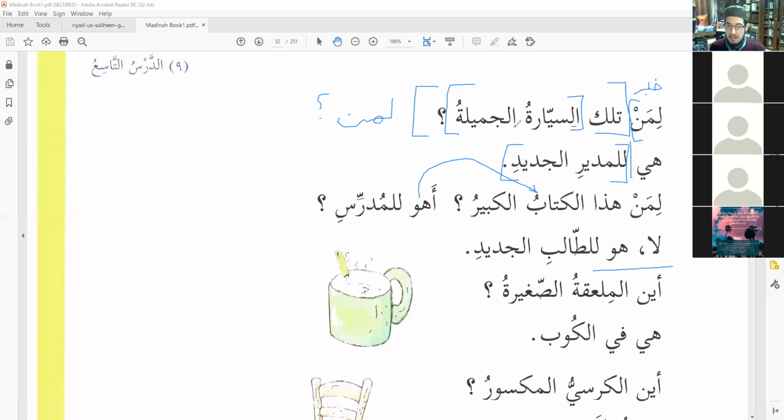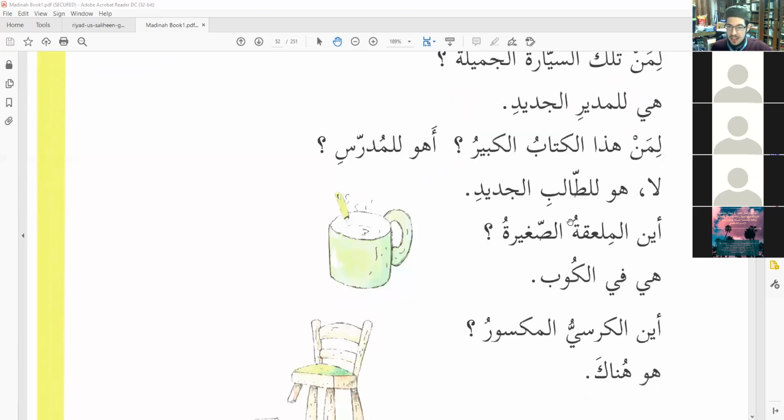Alif lam, alif lam. Right? And the same thing holds for down here, exactly the same thing, except this is a masculine example. If we wanted to say in a statement form, liman hadha al-kitabu al-kabiru, we would say, hadha al-kitabu al-kabiru lil-mudarrisi, or in this case, lit-talibi al-jadidi. And so that reveals that the mubtada is actually these three words, hadha al-kitabu al-kabiru. Very good. Not easy. The questions make it tricky.